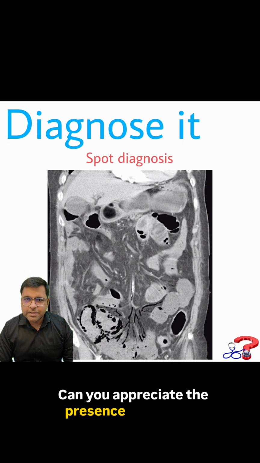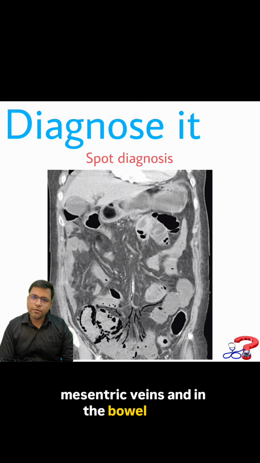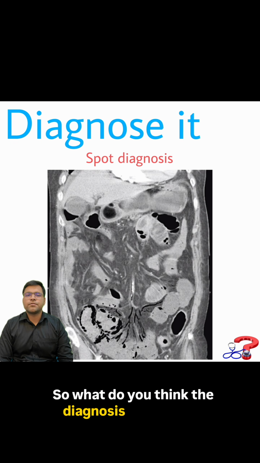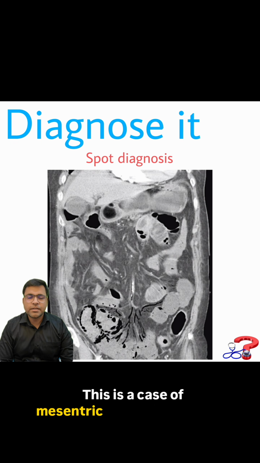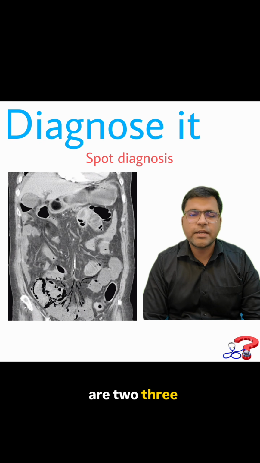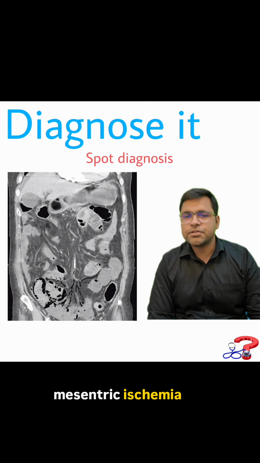Can you appreciate the presence of air in the mesenteric veins and in the bowel wall? So, what do you think the diagnosis of this case is? This is a case of mesenteric ischemia, and there are three characteristic findings of mesenteric ischemia that you can see